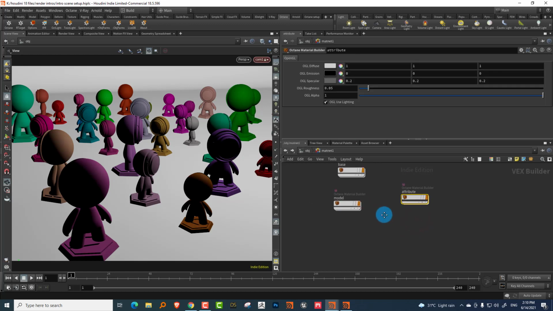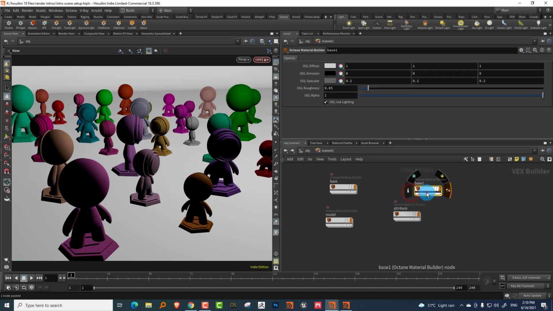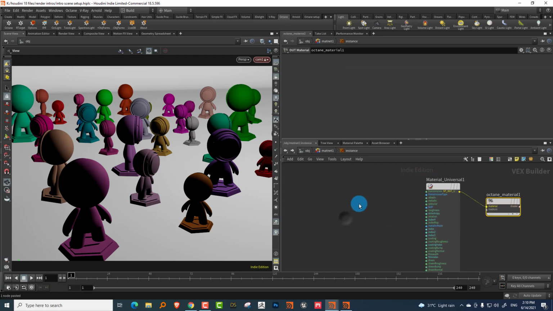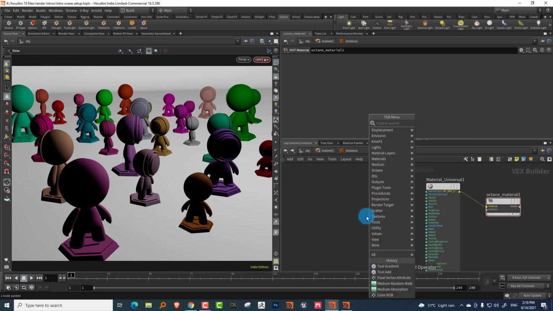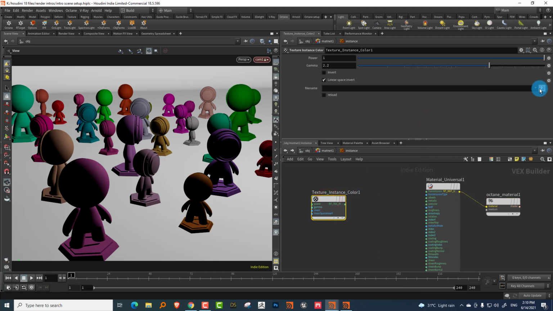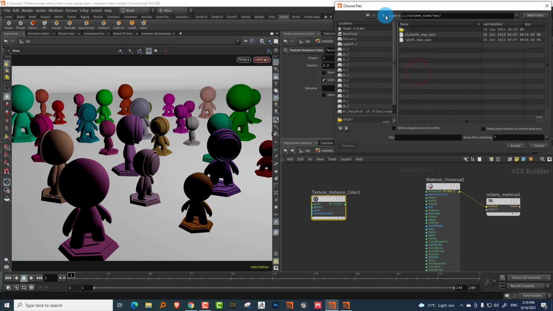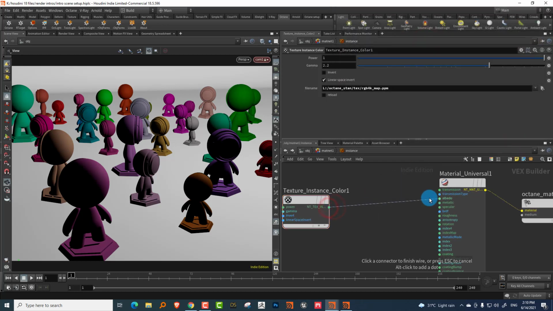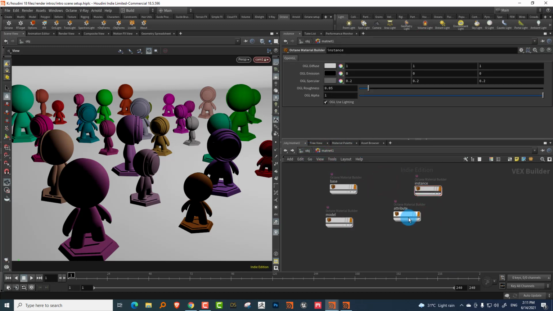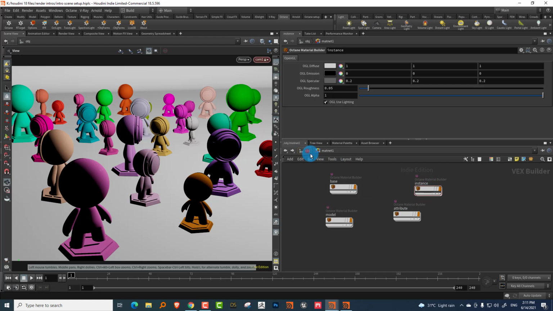Now what I'll do is, I'll come into materials, I'll make a copy of this. Let's call it instance. And what you can do is type in instance, and you get something called texture instance color, and you get a custom map with the Octane setup. This has been built by the developer. So I'll come to my Octane setup, and there'll be a folder called text. Go in there and look for the RGB 4K map.ppm. Just take that and plug it into albedo. That's pretty much it. So just take this and assign it here.